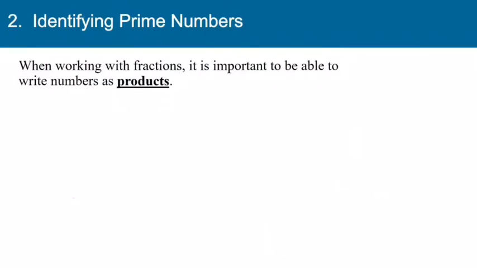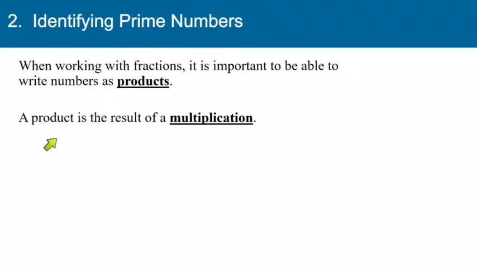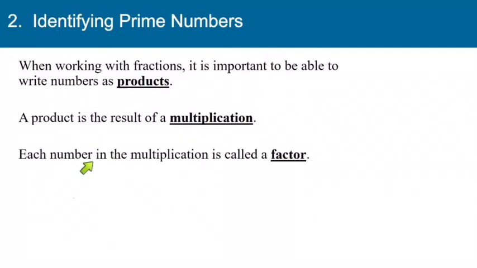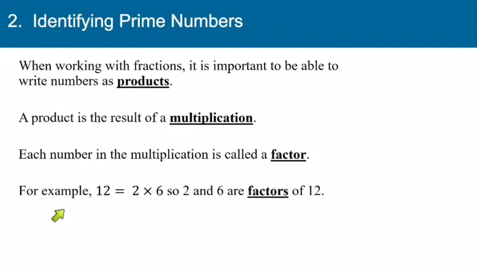Now, when you're working with fractions, it's important to be able to write numbers as products. And remember, a product is the result of a multiplication. Each number in the multiplication is called a factor. So, for example, 12 equals 2 times 6, therefore 2 and 6 are both factors of 12. And you know 12 has a few other factors. But in this case, because the multiplication is written as 2 times 6, we would say 2 and 6 are